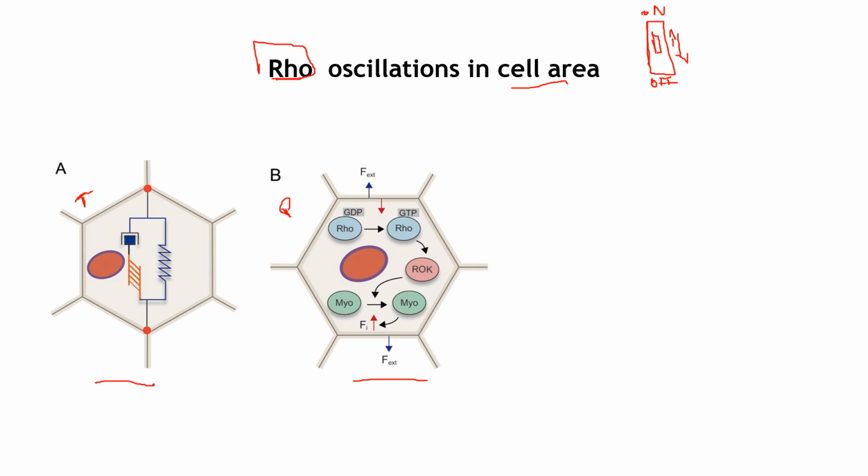Okay, so this is why we give you so many molecules. I don't want you to remember all of them, but if you want to do an experiment, you need to understand both components. Here what they are showing you in A, in this paper, is that this Rho pathway, the actin and myosin, is a mechanochemical pathway, or a mechanical-chemical signaling that is controlling how the actin and myosin should be activated or